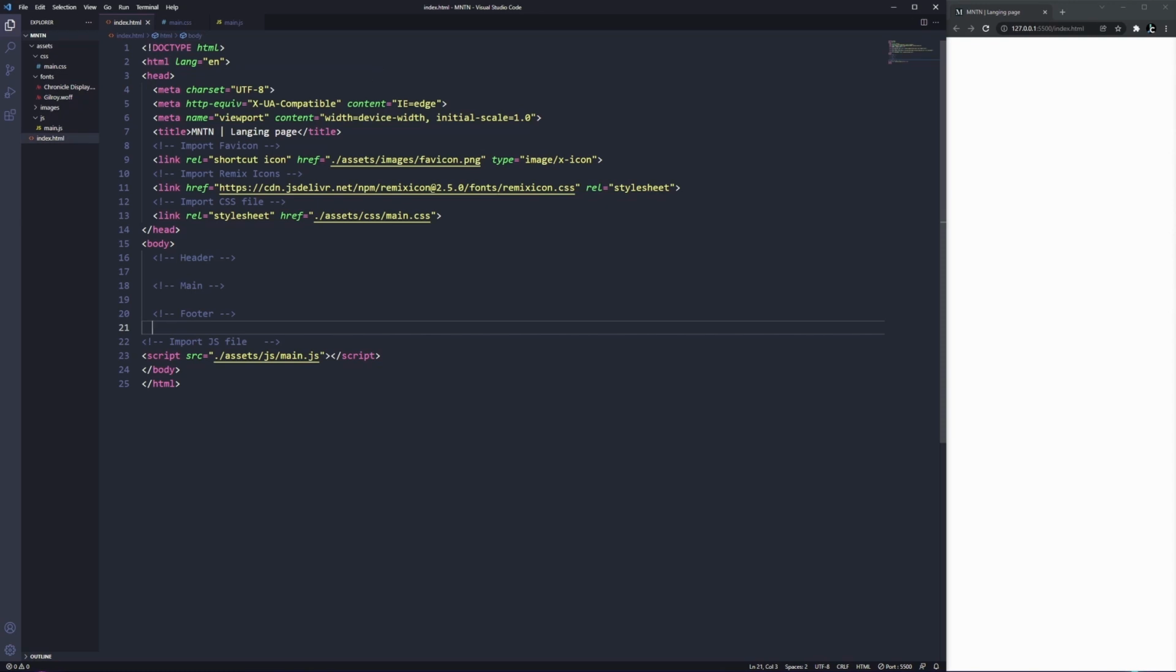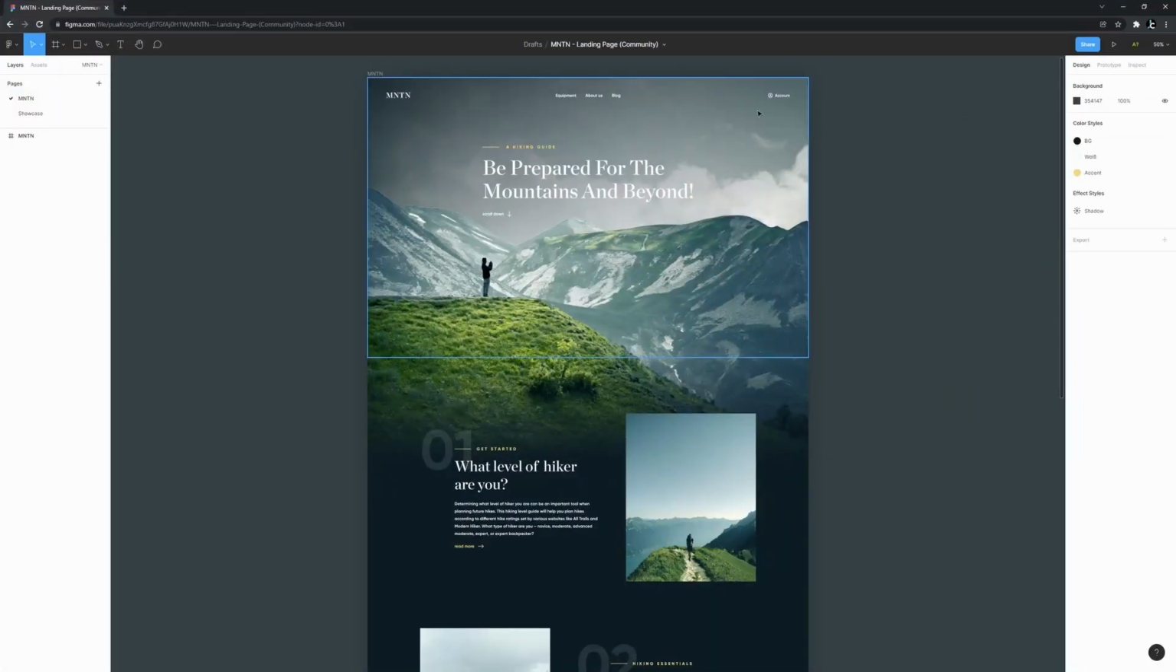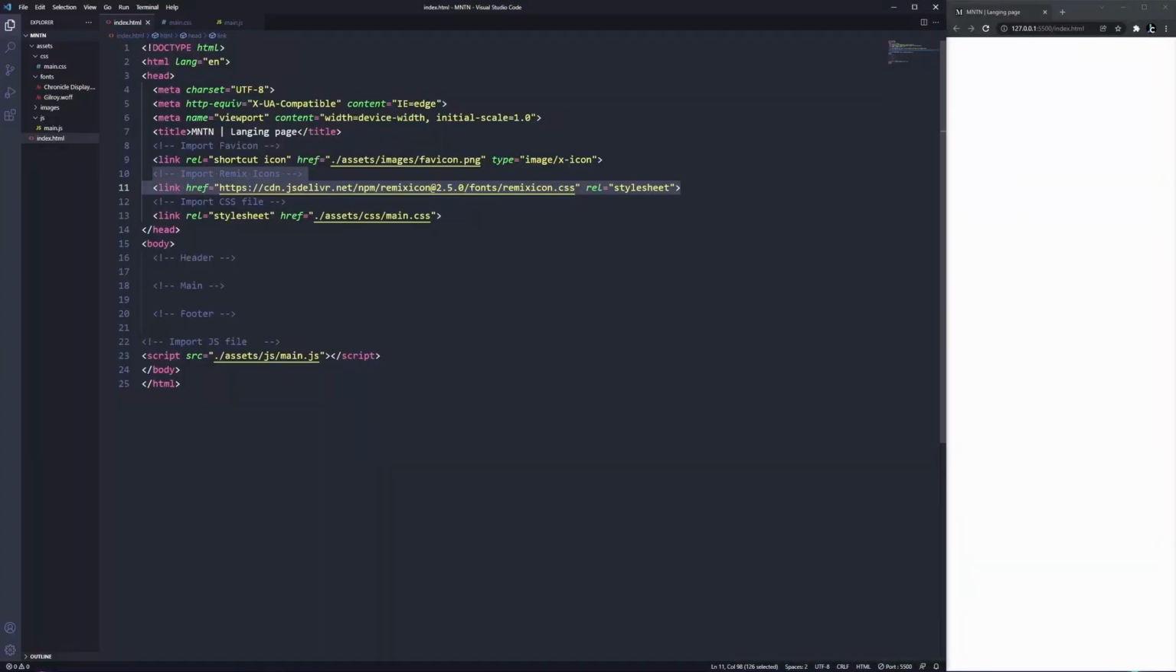So as far as going over what we have here, this is just a basic HTML5 template. And then right here, we are importing the favicon, which is this really small image that shows up on the tab. Then we have the Remix Icons, which is what we are going to be using to generate such icons that you see right here as the account icon, hamburger menu, the X, and even the arrows, although we're going to be using slightly different arrows for this. And then finally here we have our own CSS file,